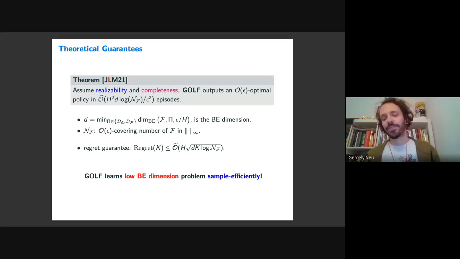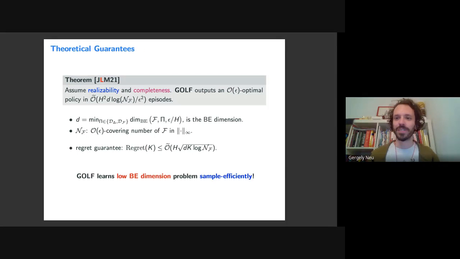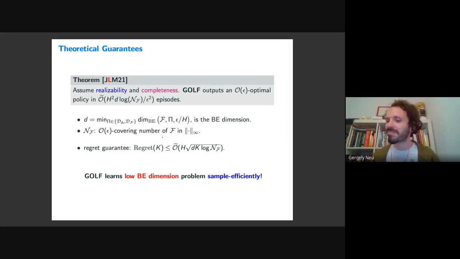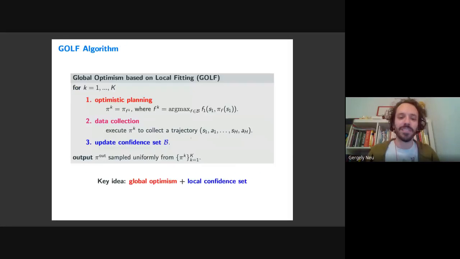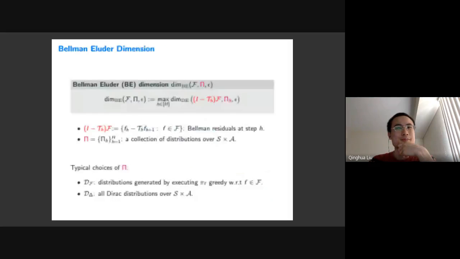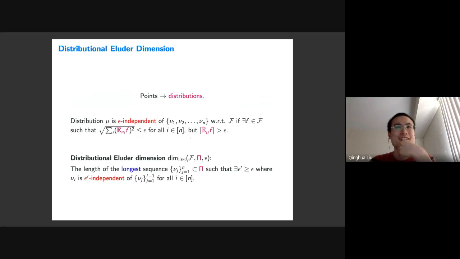Well, I guess your question is whether the notion of independence that is being used in the Eluder dimension is somehow correct, whether it captures a good definition of independence for general function classes. Maybe that's a different question. Yeah, honestly speaking, I'm not sure, because there are not so many complexity notions in reinforcement learning. Maybe there are some other complexity notions that we can use beyond this Eluder dimension.